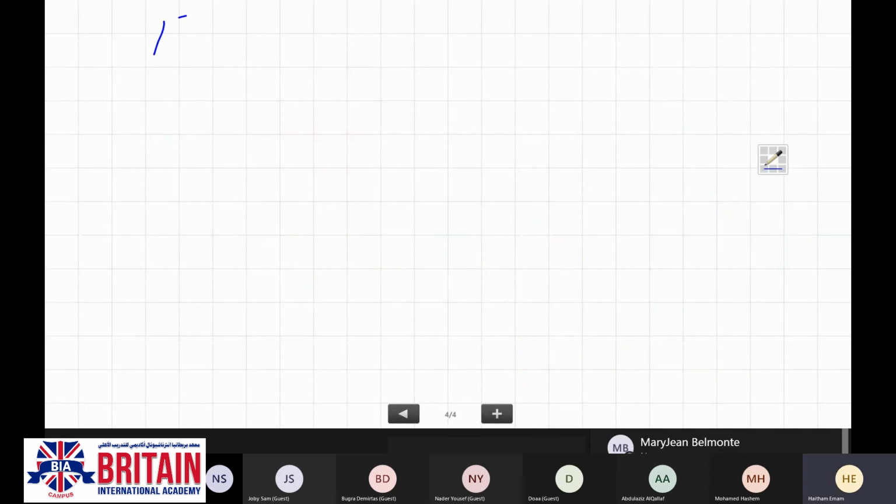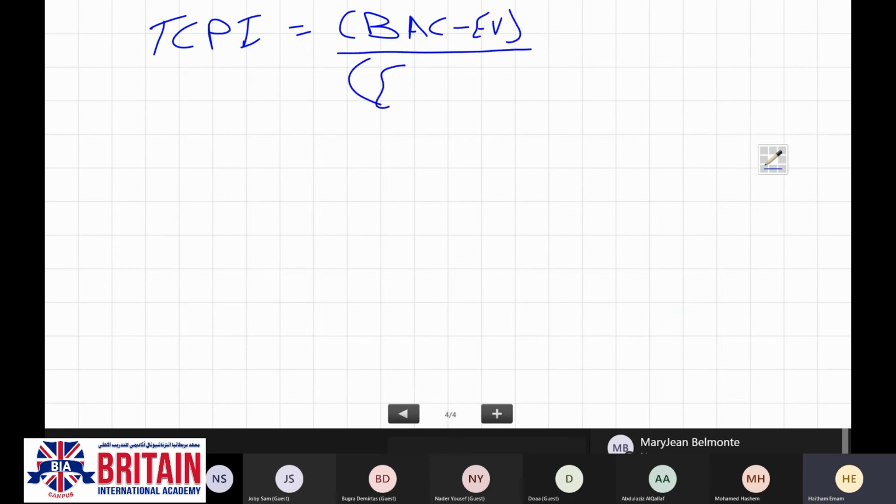To complete performance index, as I said before, we have two formulas. The first is budget at completion minus earned value, divided by estimate at completion minus actual cost.